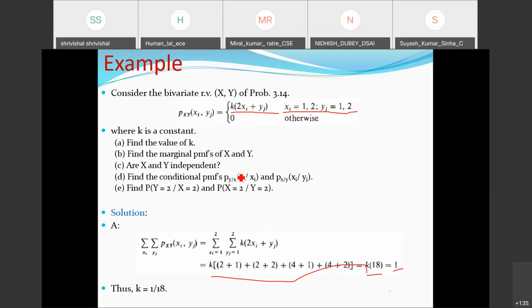One question, about the response of Pratik: if they are equal, then it is independent. No. If the product is equal here, it means they are independent. So we are saying they are not independent, so you can also say this is dependent too. So the response is correct. For the independence condition, the product of their marginal probability functions needs to be equal to the joint probability mass function here.